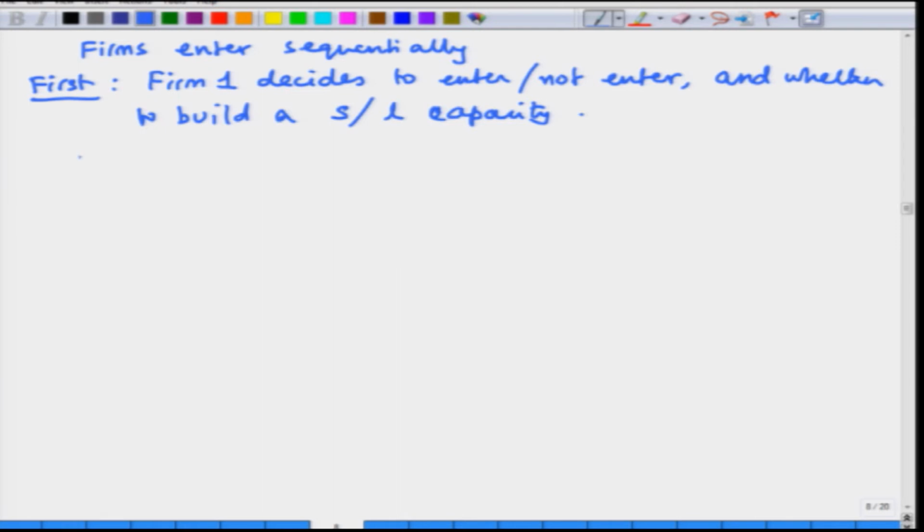After observing firm 1's choice of capacity,